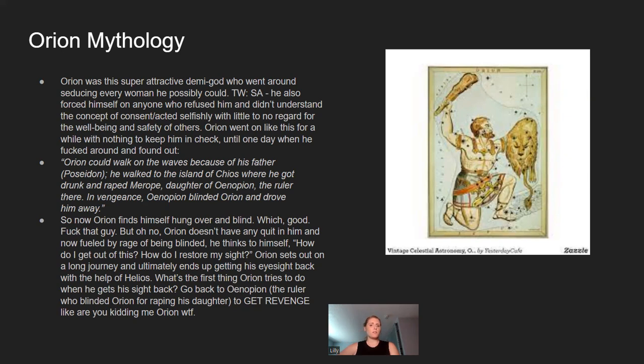So he forced himself on anybody who refused him and didn't understand the concept of consent, acted very selfishly with little to no regard for the well-being and safety of others. Orion went on like this for a while, and nobody stopped him or put him in check. And so one day he fucked around and he found out. So Orion could walk on the waves because of his father Poseidon. He walked to the island of Chios, where he got drunk and raped Merope, the daughter of